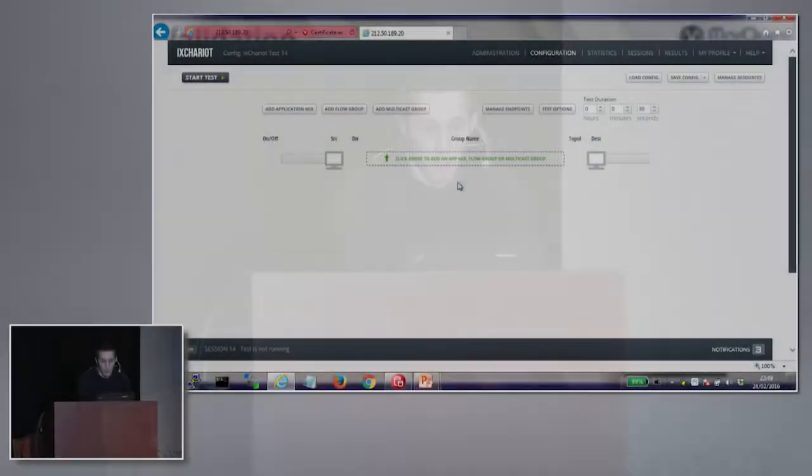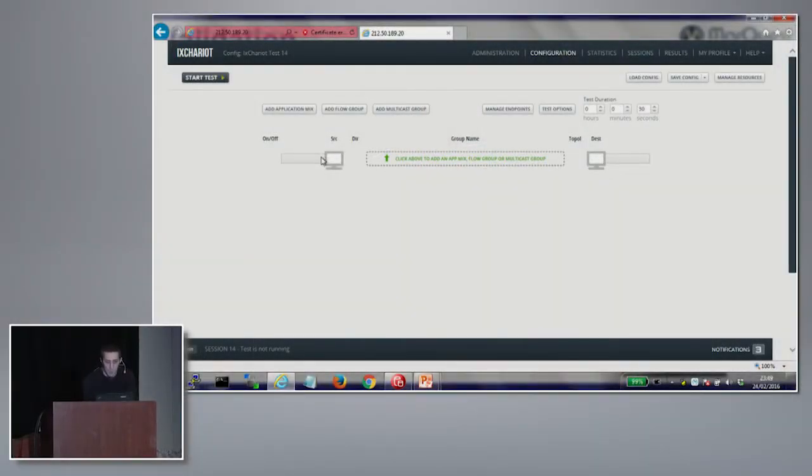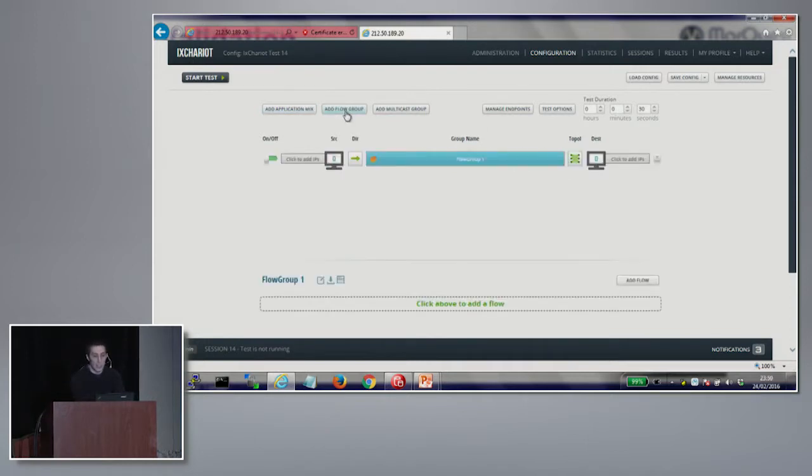For this test to work, you want to have something you're running your test back to. I normally take a laptop out with me and try to get it on the wired network. But for this example, it's going to be my laptop, which is also on the wireless here, because I haven't got a connection onto the wired network. There are different types of things I can add in. I can add in what's called a flow mix, and you'll see here